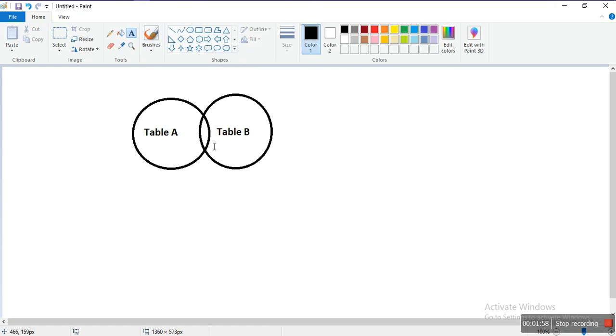Then we see the inner join. So what is inner join? It selects all rows from both tables. Okay, this is our inner join.